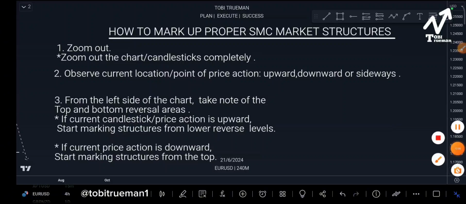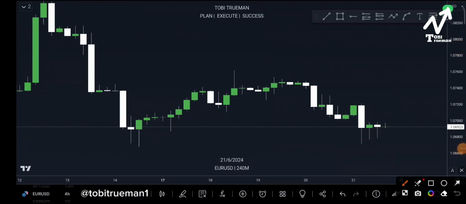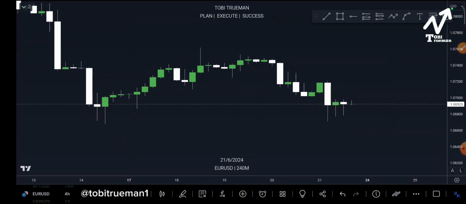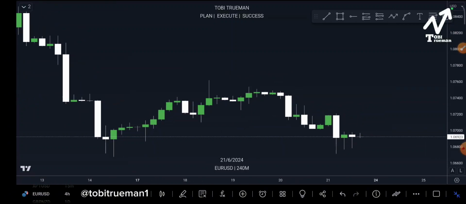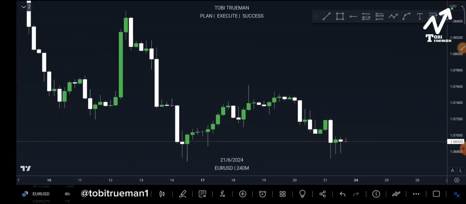All right, let's go to the chart and mark as we go. This is EURUSD on the 4-hour time frame. As I've mentioned before, when you open the chart, this is what you just see, and you cannot begin to make your decision just by seeing this type of structure alone. You have to do what? Remember our number one rule: zoom out. So when you zoom out,